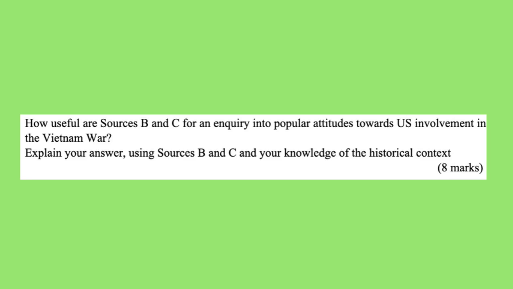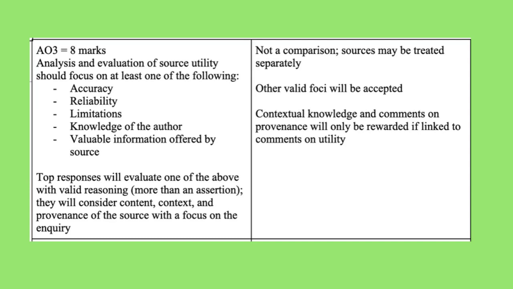How useful are sources B and C for an inquiry into popular attitudes towards US involvement in the Vietnam War? Explain your answer using sources B and C and your knowledge of the historical context. 8 marks. Here's the mark scheme for this question, which you can find out about in more detail in the